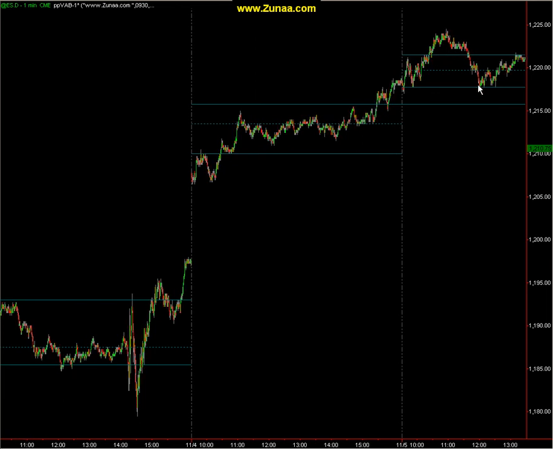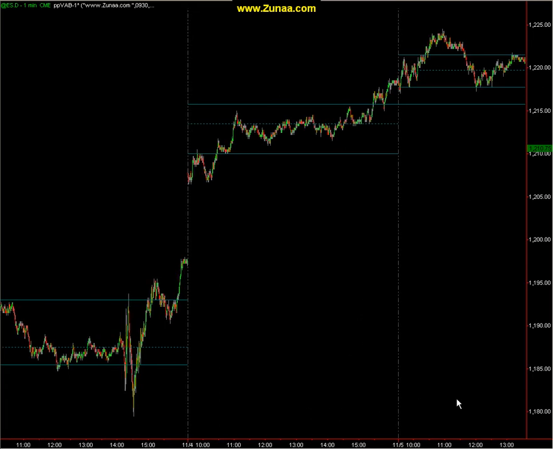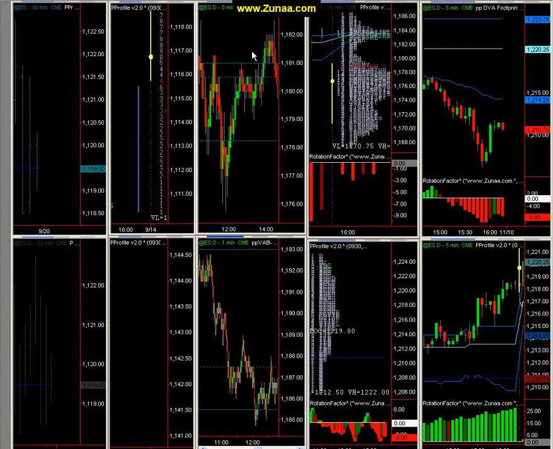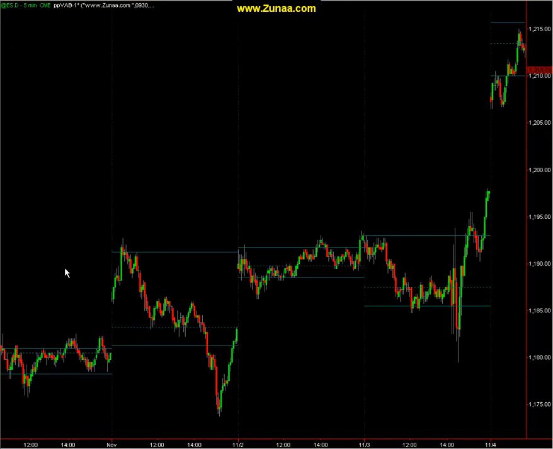We failed. We came back in, held the value low area, and moved back up, etc. So this is a 1-minute chart. This is a 5-minute chart. So this is designed so you could broadcast it on a 1, 2, 3, 4, 5-minute chart, and it's very helpful